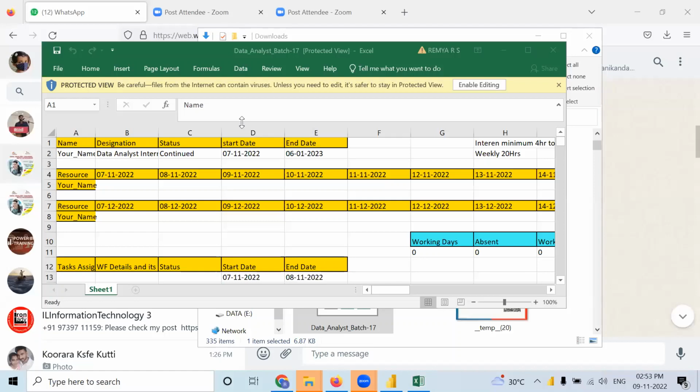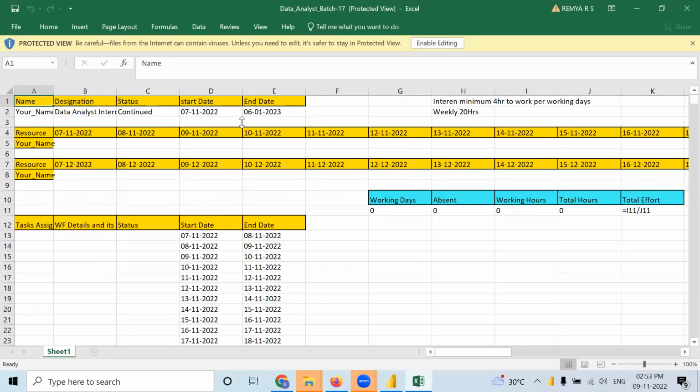This is your attendance sheet, right? So in this attendance sheet, here you have to write your name. For example, okay, I'm taking Prachi's name.